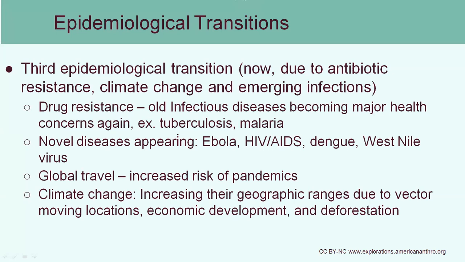Climate change, which we have now associated with human interaction with the environment, is going to increase the geographical ranges of certain vectors. For example, malaria is spread by mosquitoes, and so historically would only impact those populations who live in tropical areas that the mosquito lives in. But because of increased global warming, the range of the mosquito is spreading. And so areas which historically did not have malaria now are showing incidences of malaria because the mosquitoes can live there.